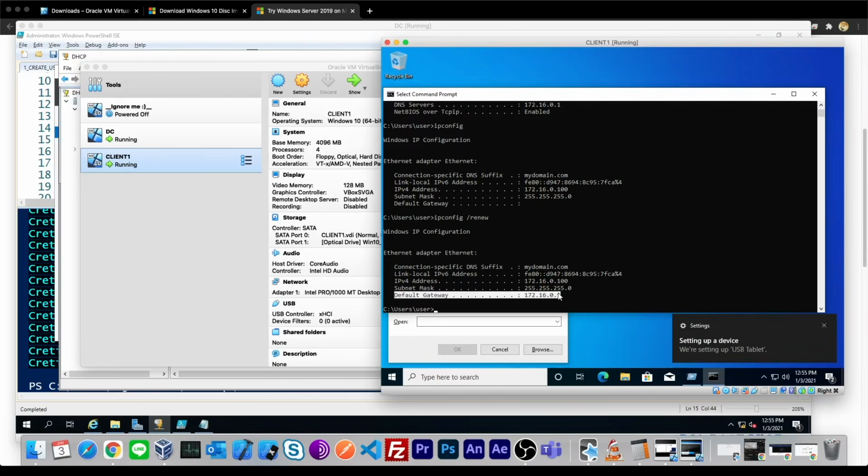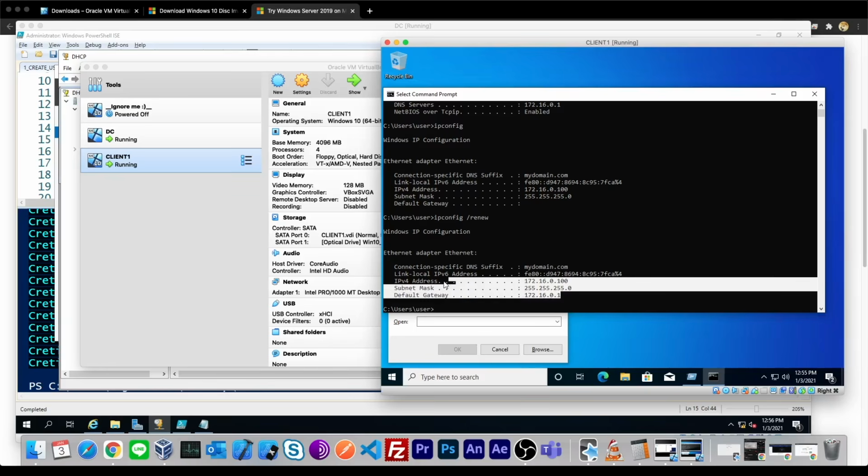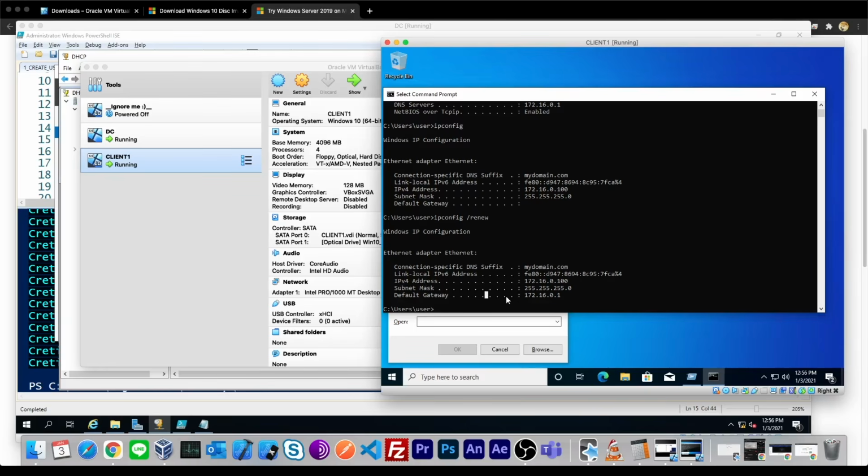I don't know why that happened. It could be my lack of sleep or something, but at least we could do a little bit of troubleshooting in the lab, I guess. So it looks like our IP addressing works. So let's try to ping something on the internet. So for example,